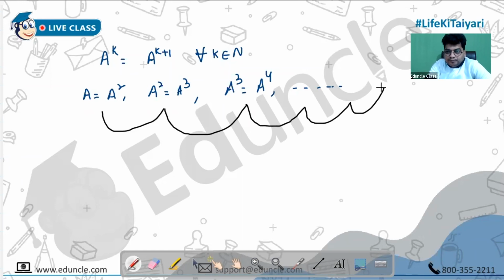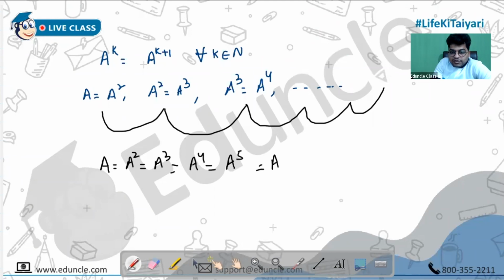Yes or no? Am I clear? Because for k equal to 1, put 2, put 3, put 4, put all of them. So can I say that A is equal to A square is equal to A cube, and A cube is equal to A4, and A4 is equal to A5, and A5 is equal to A6, A6 is equal to A7, A7 equal to A8,